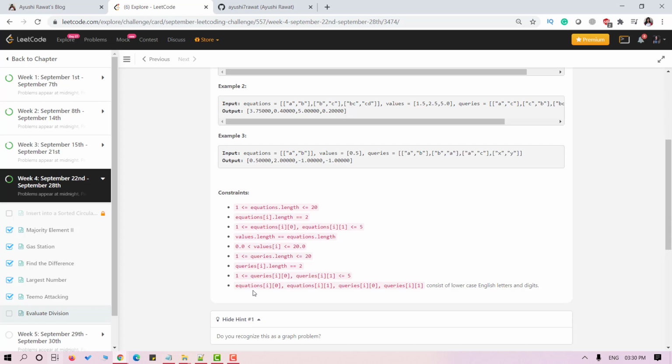And last, equations[i][0], equations[i][1], queries[i][0] and queries[i][1] consist of lowercase English letters and digits.